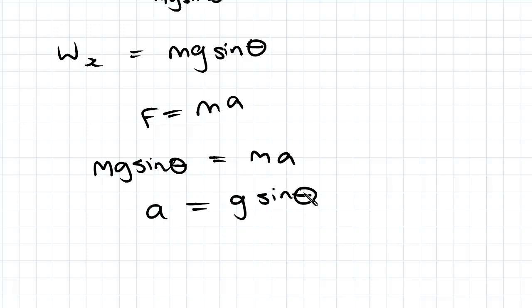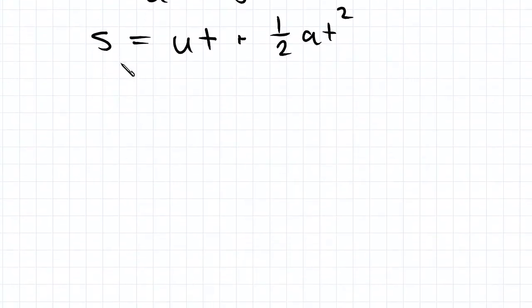Now we need to use another law of motion of Newton's, which I introduced in the previous video, s equals ut plus half at squared. And we use this to find the time that it takes to go from the top to the bottom of the hill. We know s is the length of the hill, u is the initial velocity, t we need to find, and a we just found by breaking up the weight force into its components. So that's the acceleration down the slope. So 50 meters equals 0 plus